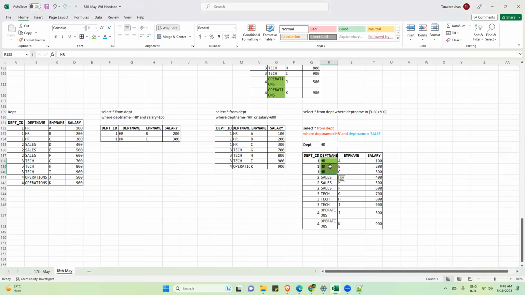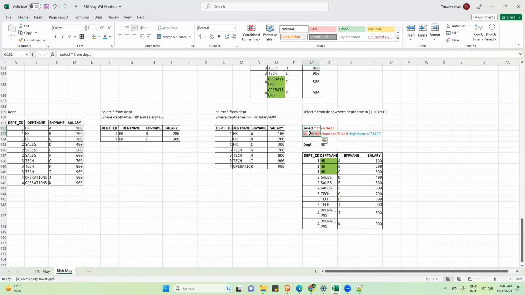That is not possible. This department column will display only one department at one time. How can it display HR and sales both? So this is a contradictory statement. A particular column at a time can display only one thing.